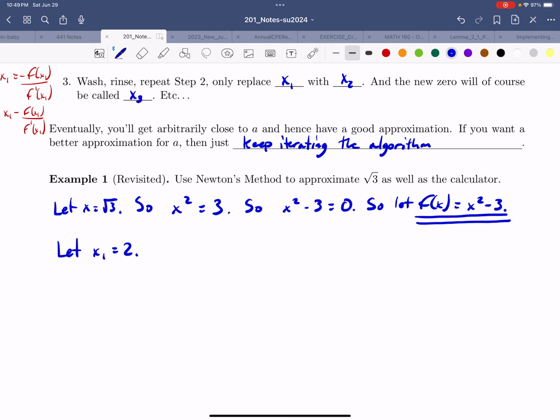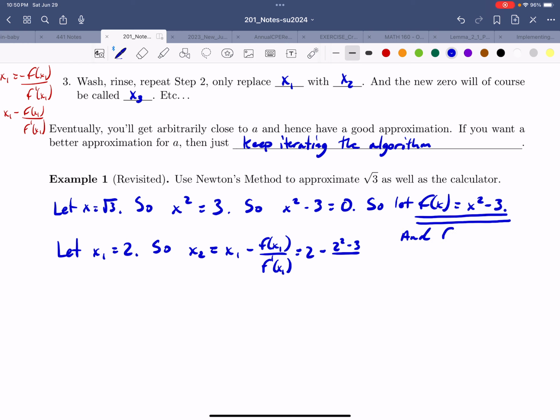Oh, okay, it went away. So anyway, let x1 equal 2. Using Newton's method, x2 is going to equal x1 minus f of x1 all over f prime of x1. And if you forget that, just remember it's where the linear approximation at x1, at 2, equals 0. So we're going to get 2 minus f of 2, which is 2 squared minus 3, all over